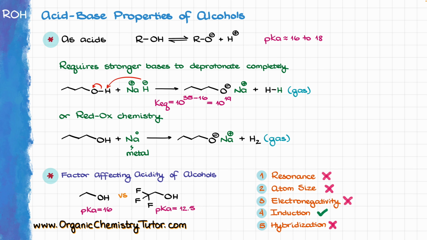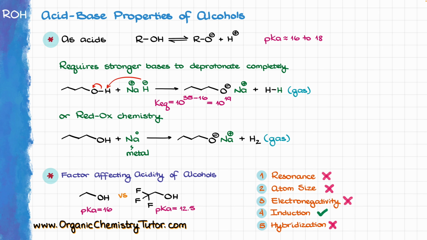So, for instance, if I look at these two alcohols, both of those are ethanols. However, the one on the right has 3 fluorines on the second carbon away from the oxygen, and because of the inductive effect that we have from this fluorine, fluorine really pulls the electron density towards itself. Once we have a conjugate base on our oxygen, once that oxygen is negatively charged, due to the induction, the molecule on the right will be more stable, and because of that, overall, that is going to be a much